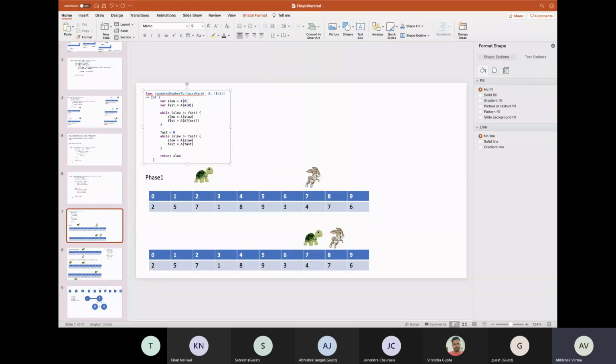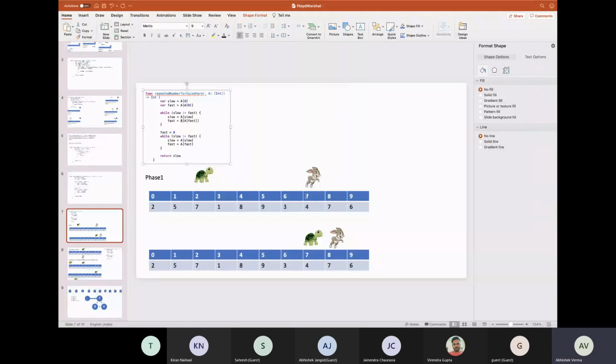Again, slow will be moved to a of slow. A of slow is 7, so slow moved to 7. Fast is moved to a of a of fast, meaning 2 times indexes have been processed.